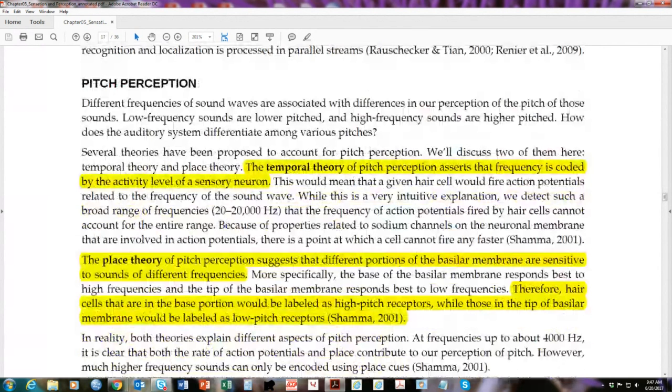All right, so we talked about the place theory. So I'll start with this. The place theory just says that different portions of the basilar membrane are sensitive to sounds of different frequencies. And we said that the sounds at the base are the ones that are most sensitive to high frequencies, and the ones at the tip are most sensitive to low frequencies. There's also the temporal theory. And essentially, we have sensory neurons, but there is an activity level of that neuron. And here we're getting into patterns of firing of sensory neurons. And so the temporal theory is essentially